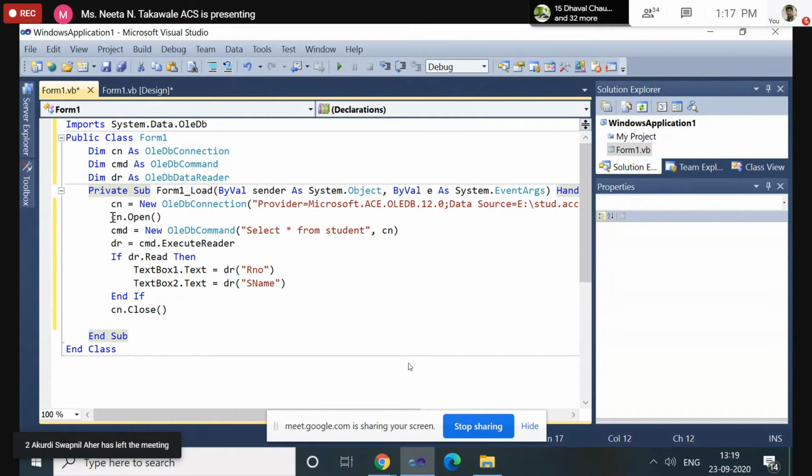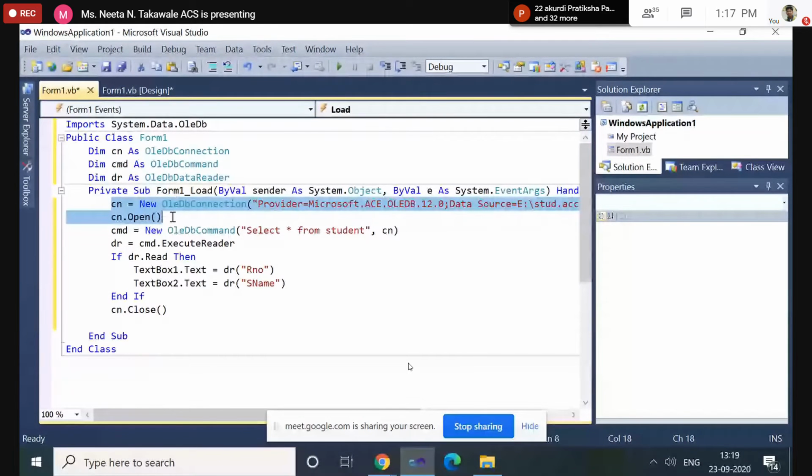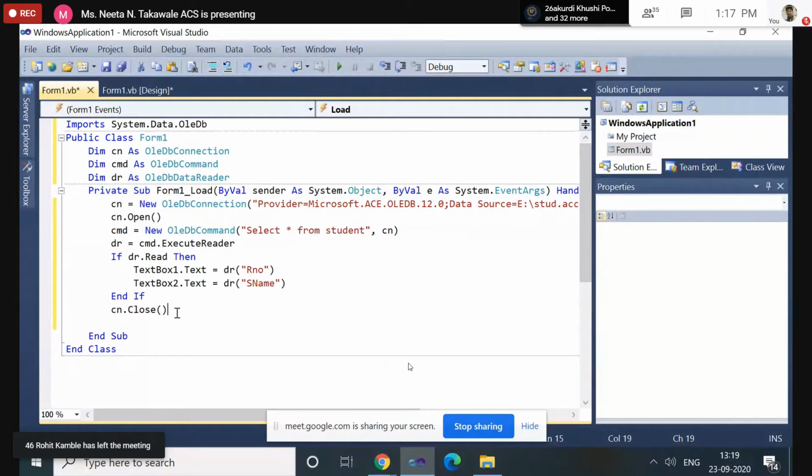Because when you establish the connection, this connection occupies some memory on your device. And to release that memory, we need to close the connection. So every time you finish with the database, the last statement is cn.close.